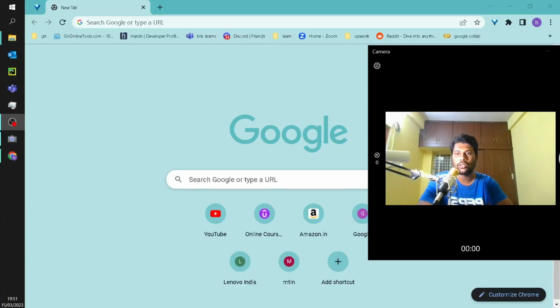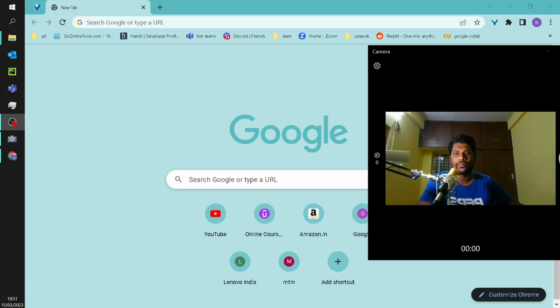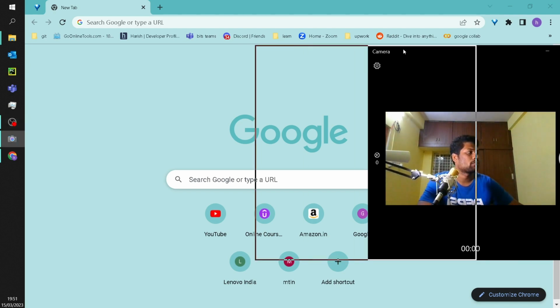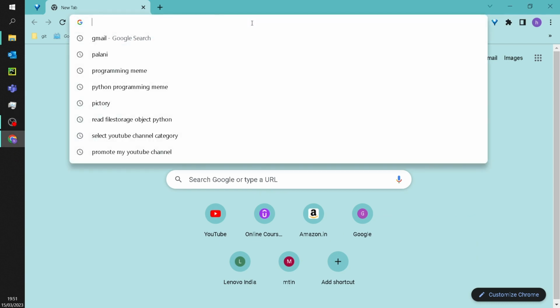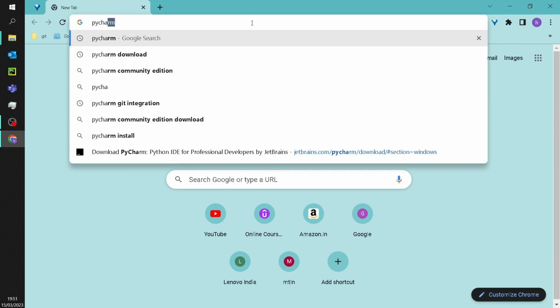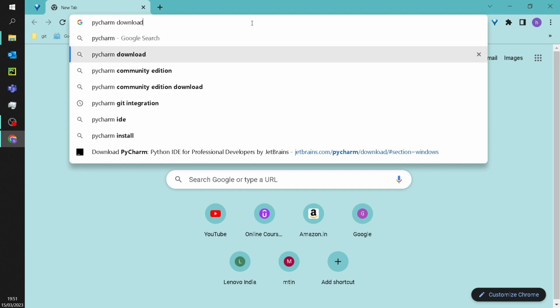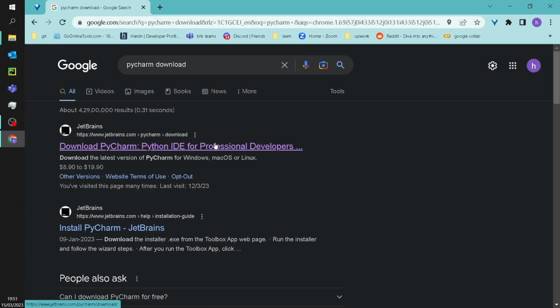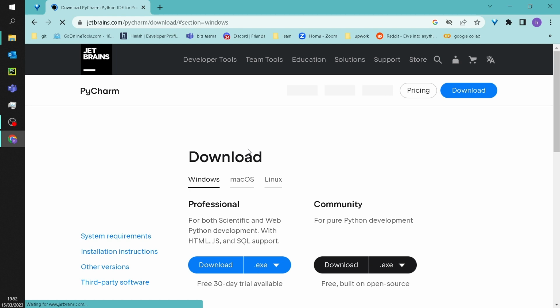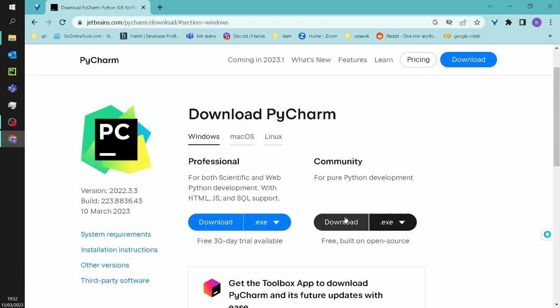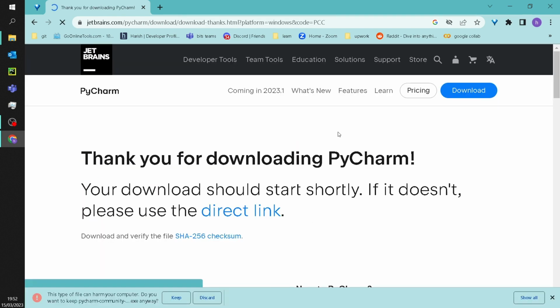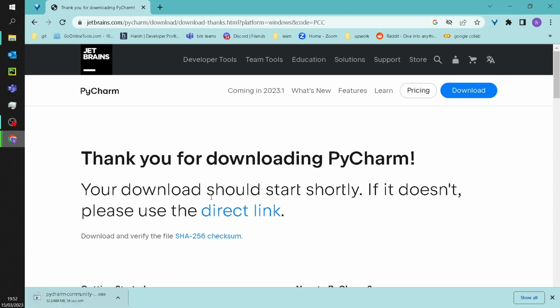Today we are going to look into how to install PyCharm and the necessary dependencies for PyCharm. So we will just go to search what we need. First we will search for PyCharm. Actually, PyCharm has two versions. One is a professional version and one is a community version. Mostly the community version is free and open source, so we go with the community version. If you want to go for the paid version, there is one more developer version you can use. So let's